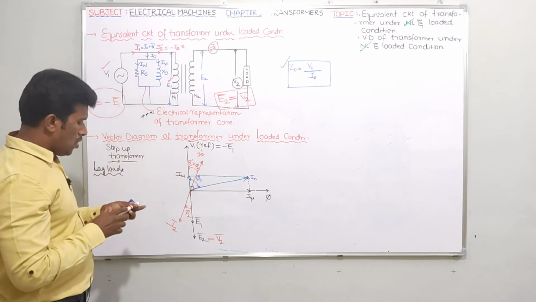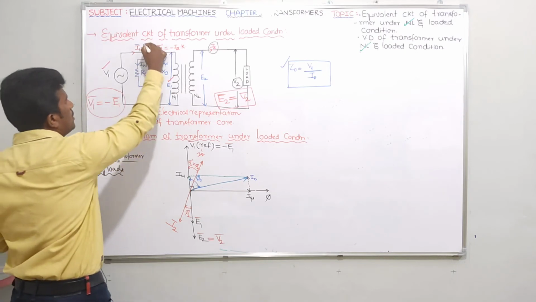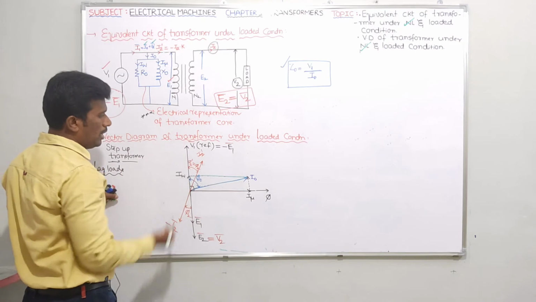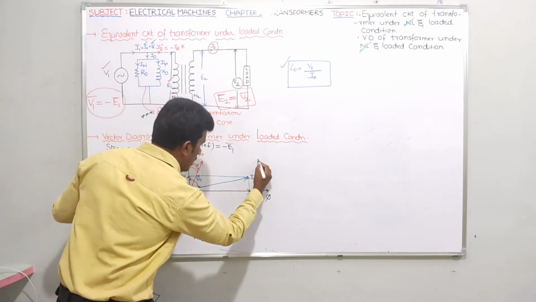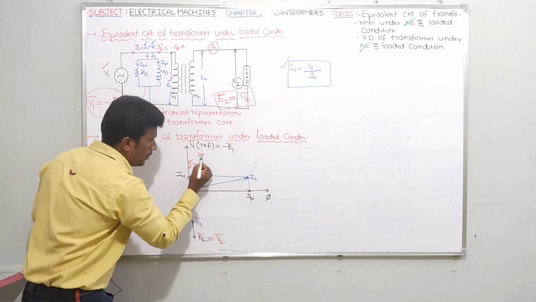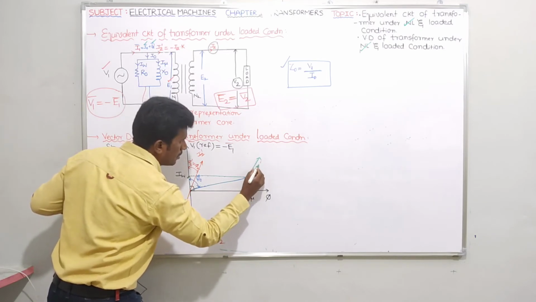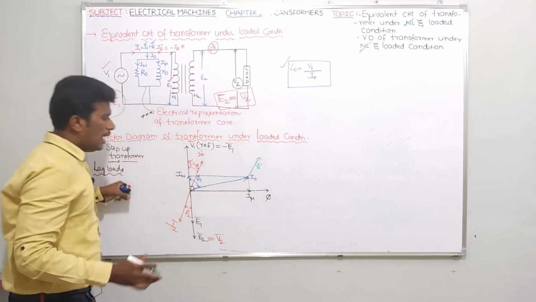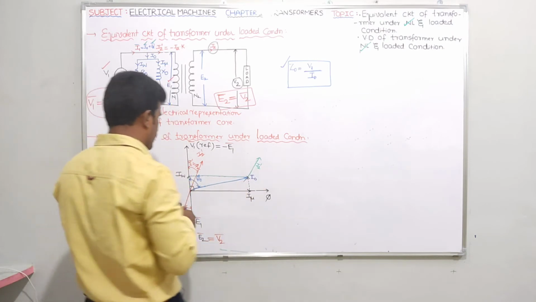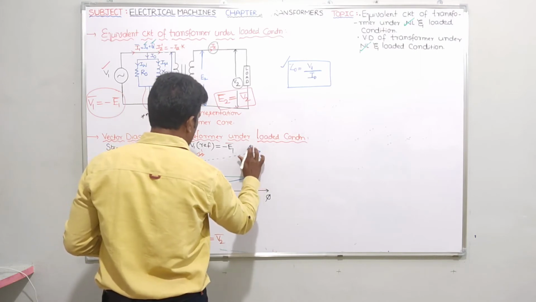Okay, now tell me guys, the vector sum of I0 bar and I2 dash bar gives you what? I1. I already have the I0 vector, and you know I2 dash also. Let me take the vector sum of this I0 and I2 dash. To this I0, let me add I2 dash. This is nothing but the I2 dash vector. Or, to this I2 dash, let me add I0. This is nothing but the I0 vector.